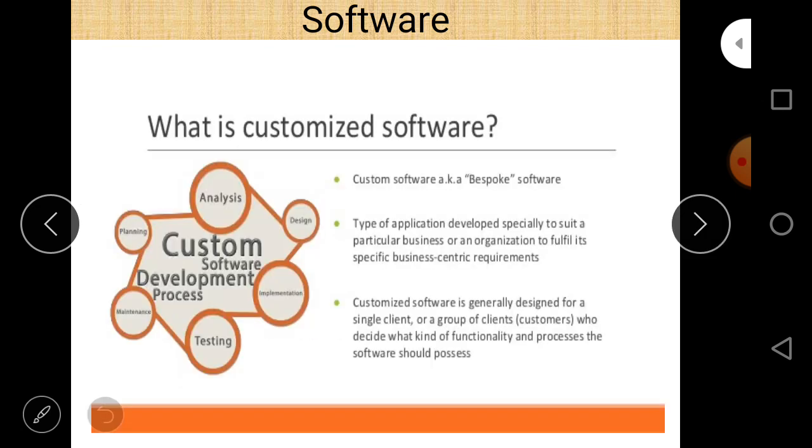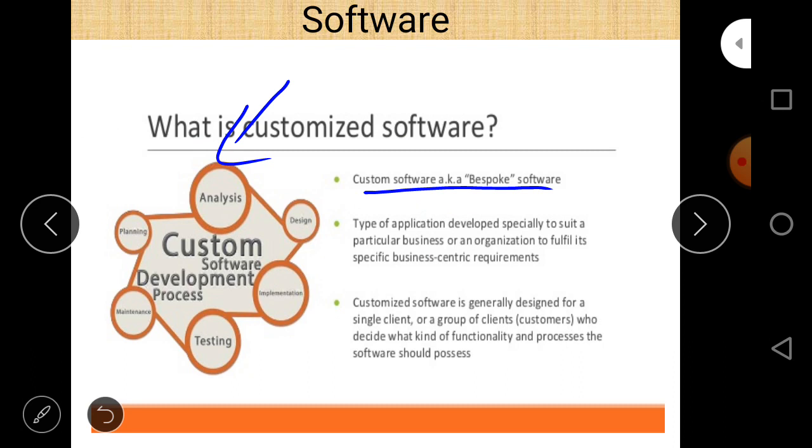Now this is all about the customized software. Here there is a small diagram that you can easily see. It shows the customized software development process, also known as customer or bespoke software, designed according to the needs of the customers. First of all, there is a process of analysis, in which we do a complete analysis of the software, and find out the feasibility study, what the customer actually wants from us.